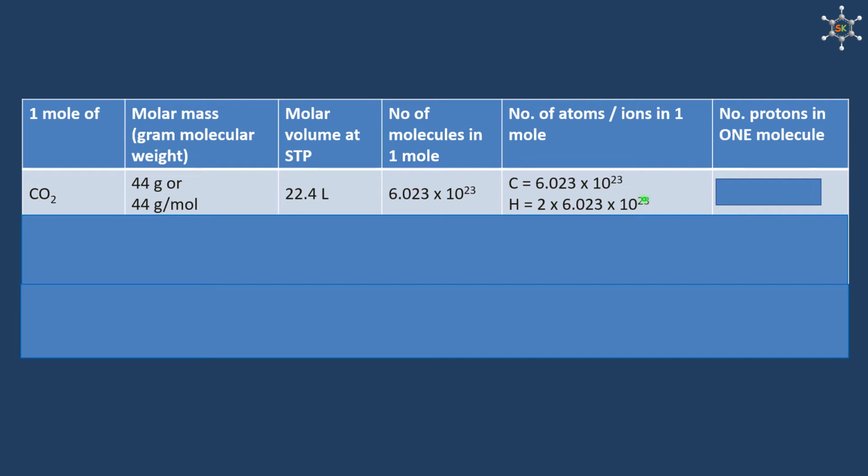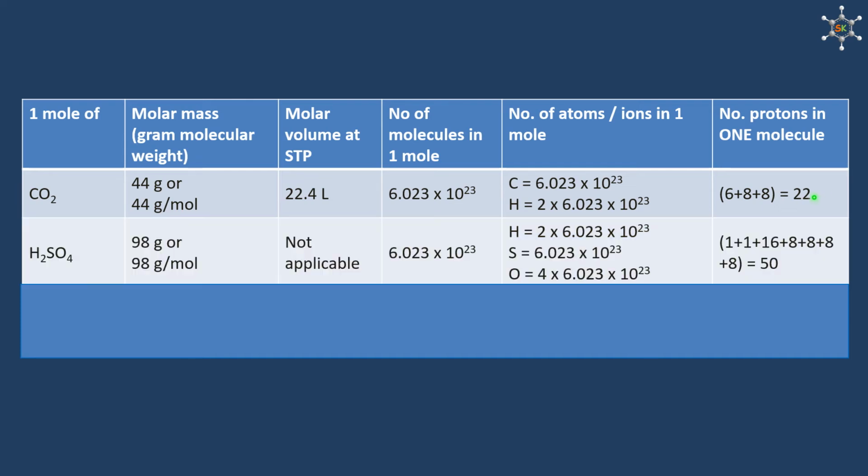atoms in it. Number of protons present in the molecule: carbon will have 6 protons, oxygen will have 8 protons, another oxygen will have 8 protons. Together, 22 protons will be there in one molecule of carbon dioxide. If we consider 1 mole of carbon dioxide, then 22 moles of protons will be present in 1 mole of